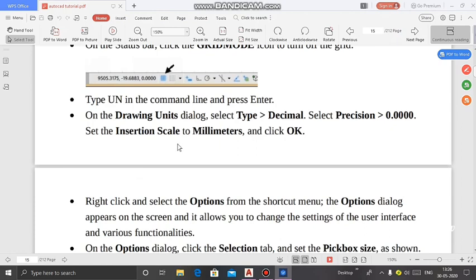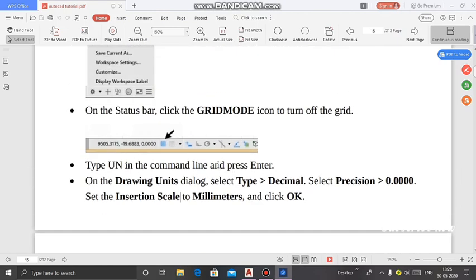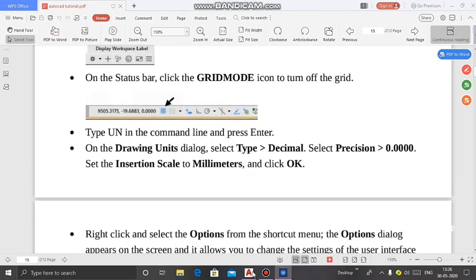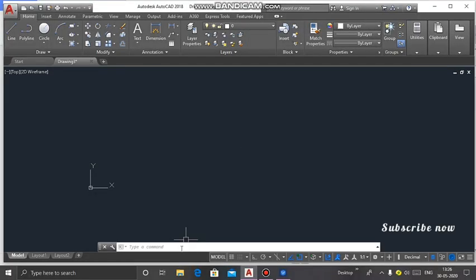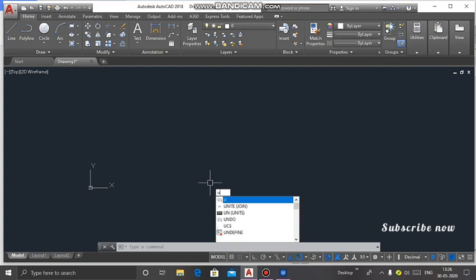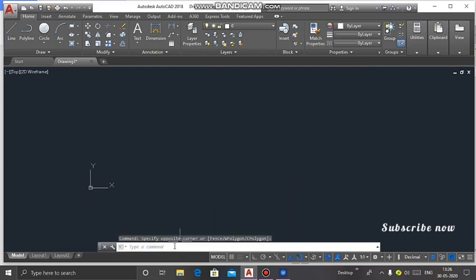Now if you want to decide the units in the command line, then we will perform like this. Go to the command line, then type UN for units. You will perform units, UN.